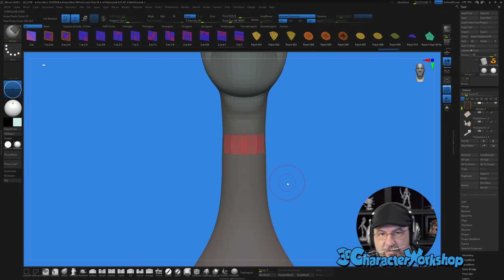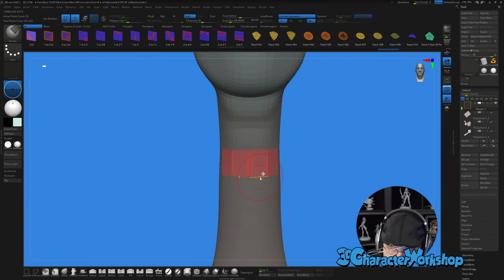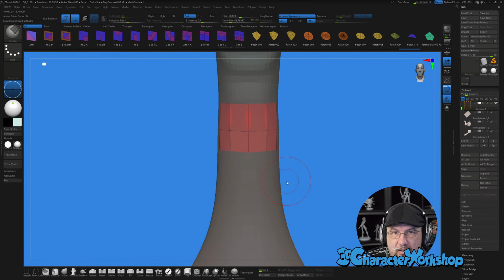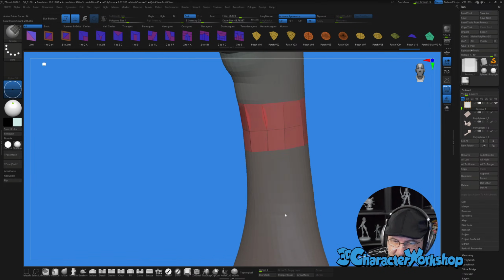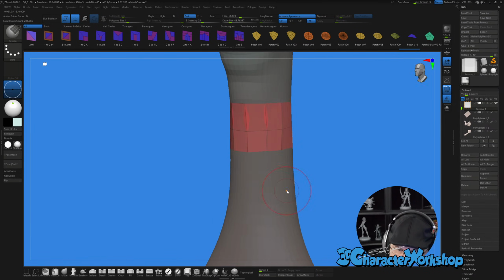So what I was going to show you is holding down Alt, you can drag down and see how it's dragging one down. If you let go of Alt and tap it again, it brings the whole loop down. ZBrush does not have, you know how you can click and drag off of your model in some other programs, even with the topology brush, you know, in the earlier versions of ZBrush, you could do that and put a ring around an appendage. You can't quite do that yet, but you can do it like this.